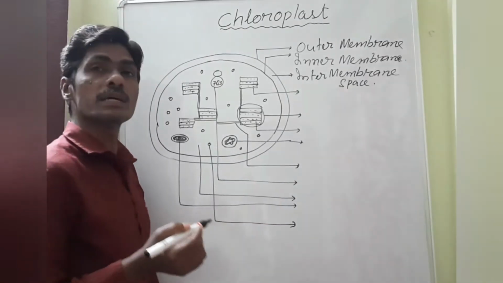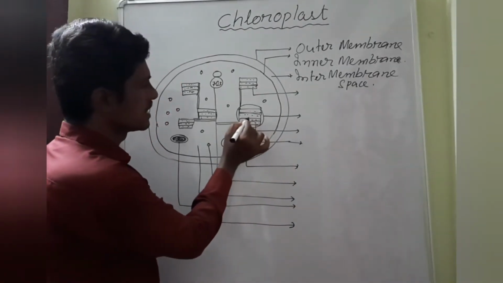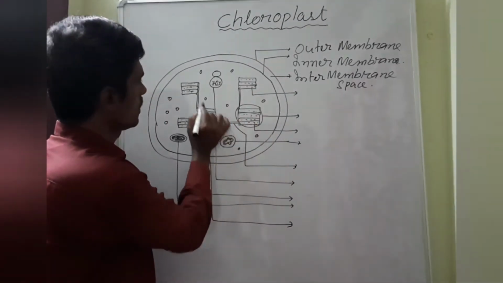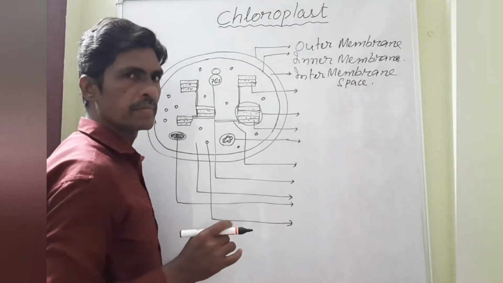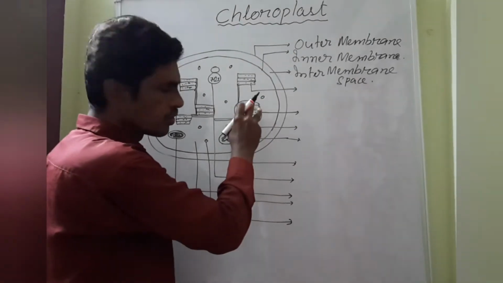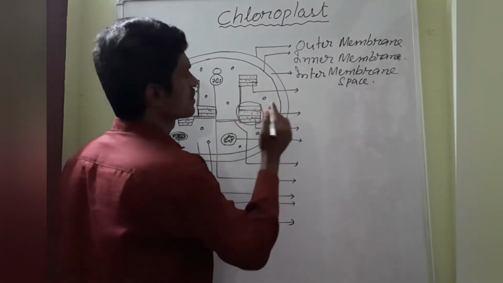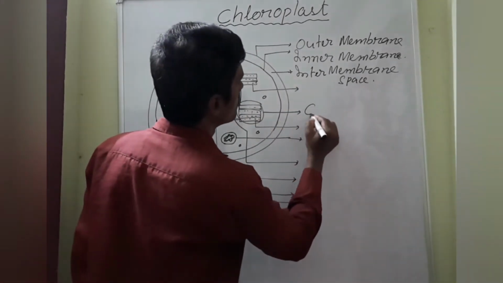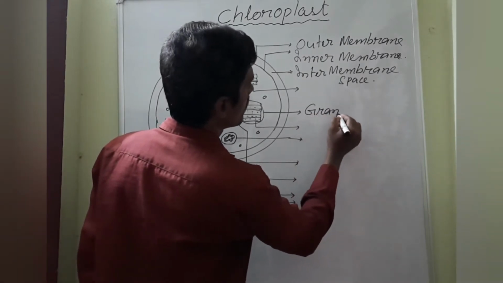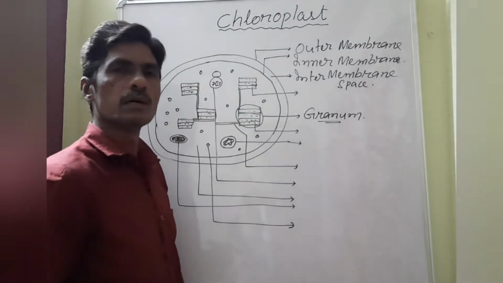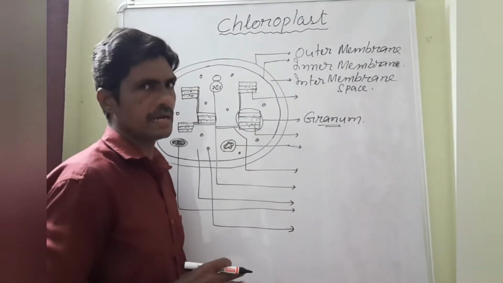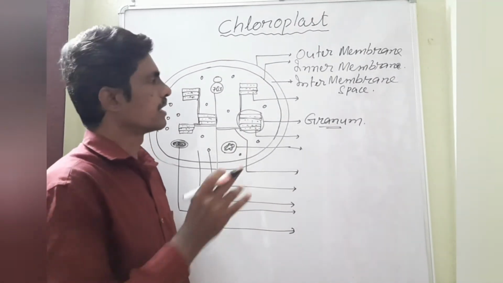Now what do you call the green parts? Green parts means this part, and you see 1, 2, 3, 4, 5. These five look green due to the presence of chlorophyll pigment. So this structure, the group of structures or one piece of structure, is called a granum. Granum is the singular form. A number of granum together we call grana. Grana is the plural form and granum is singular.